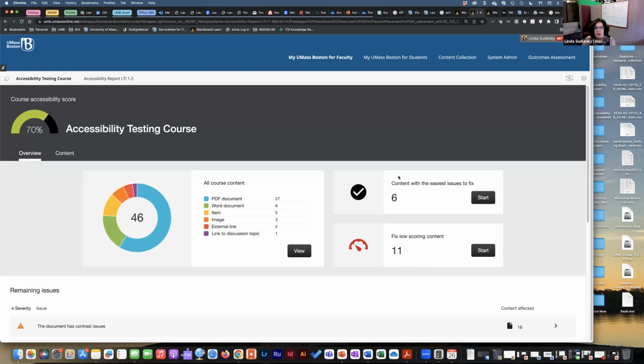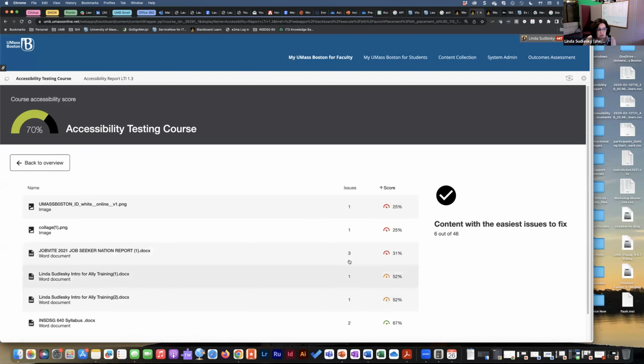What I love about this report and what makes it such a valuable tool for you is that if you find that you, like myself, have 17 documents that need to be fixed in this course, you don't have to go looking through your course for where they are to fix them. You could fix them right from the report. So it's very functional. You can click on start for the easiest ones to fix, and then you can click on